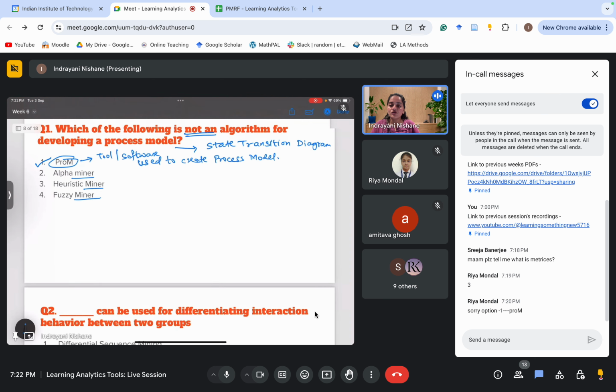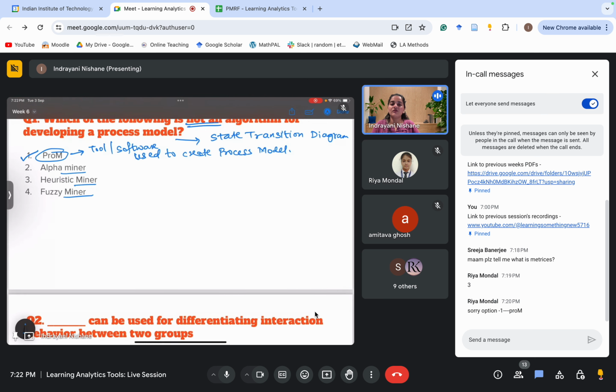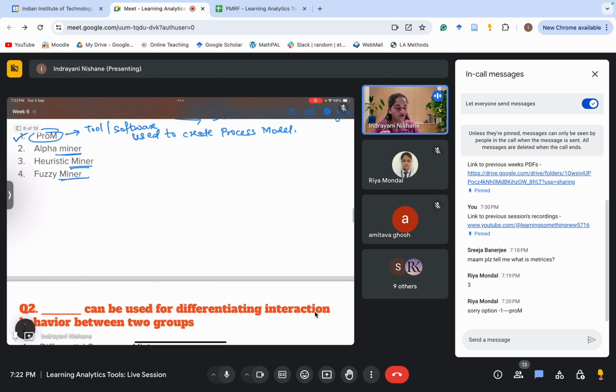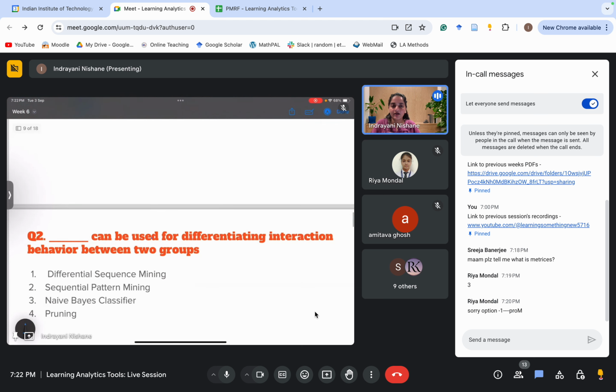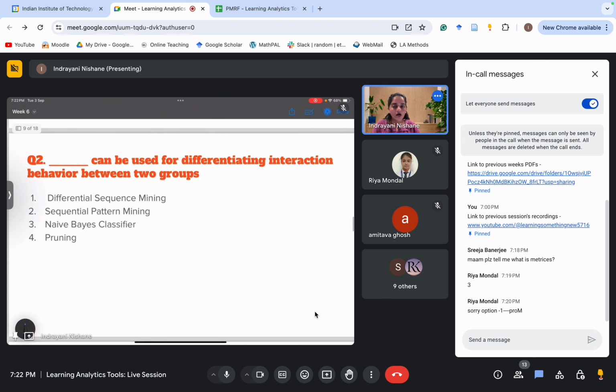We will not go into how every algorithm works because that will lead to more confusion. But the trick is to identify this word miner. All the mining algorithms will have the word miner at the end, or some words like diagram at the end. Now question 2,